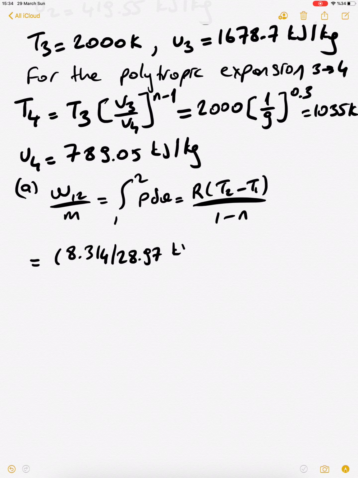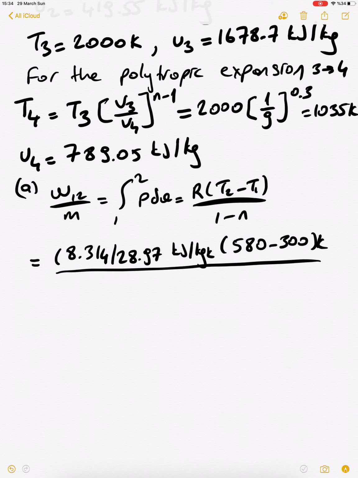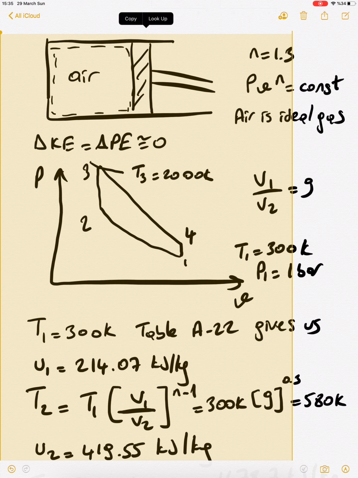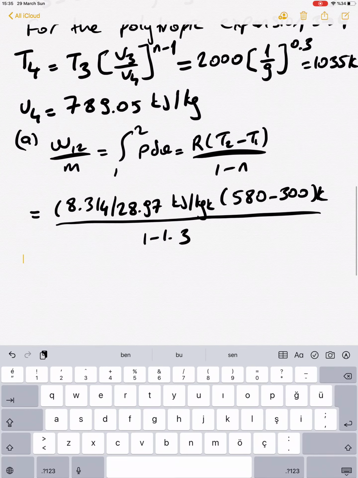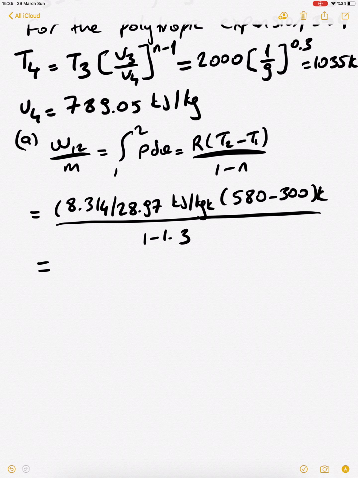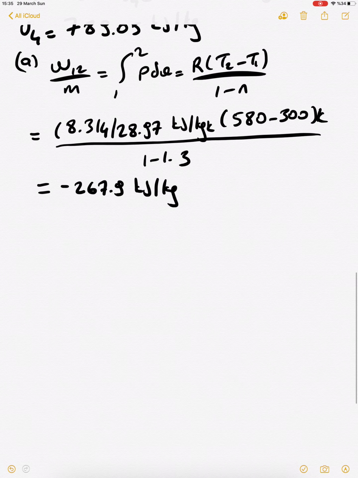So that's going to be kilojoule per kilogram Kelvin, times (580 minus 300) Kelvin, divided by (1 minus 1.3), which is equal to minus 267.9 kilojoule per kilogram. So this minus sign is automatically there, showing that it's a compression and it is work done on